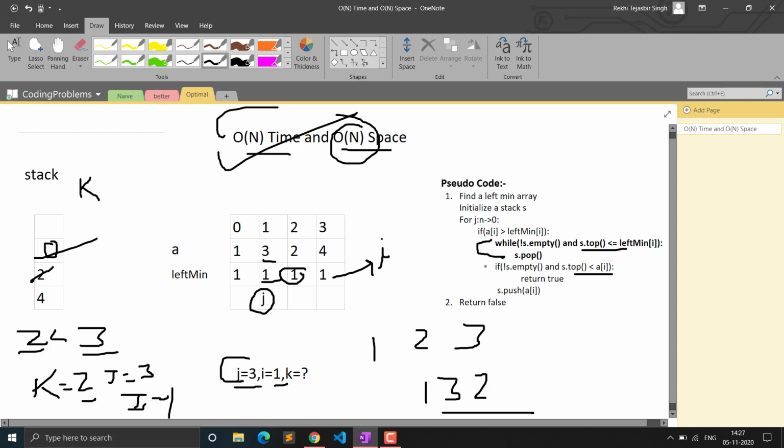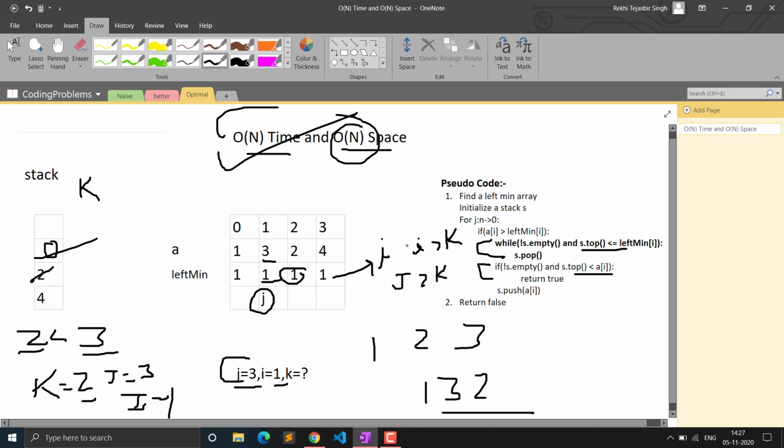You can see in this condition we will pop the elements, and then we will check for the second condition. This condition will be actually checking if I is greater than k, so we will pop those elements. In this condition we will be checking if we have any element left in the stack, which means it is satisfying the condition, that is k is greater than I. So now we have to check for the second condition, which should be j is greater than k.